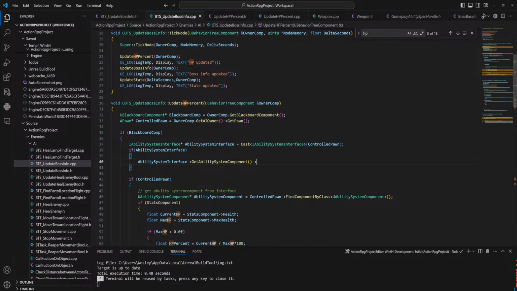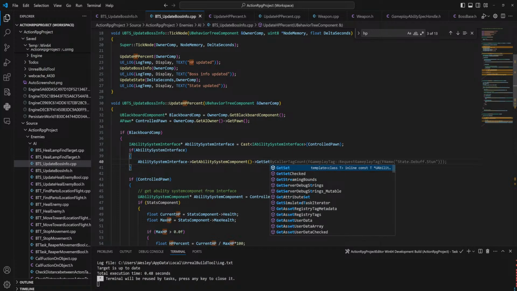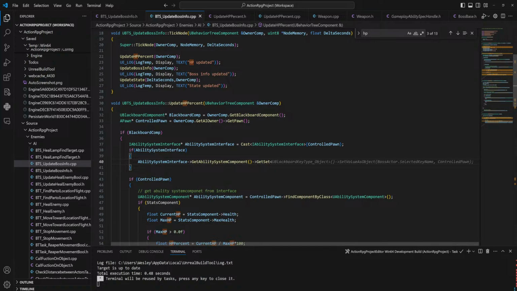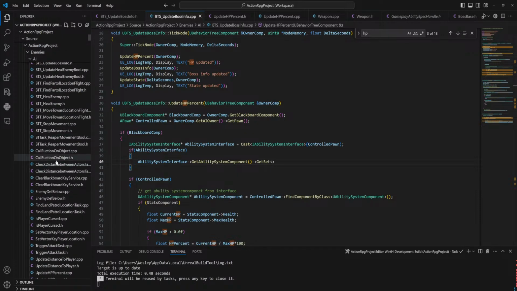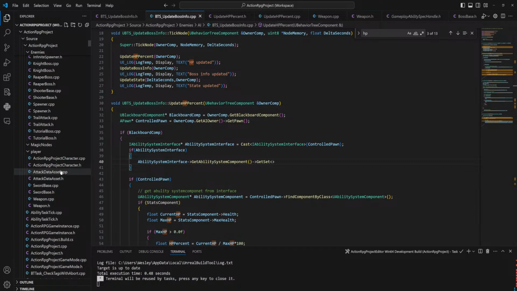Okay, yeah. Get sets. Somewhere in here there's the class that I'm looking for. I just need CPP because I'm making a multiplayer game.